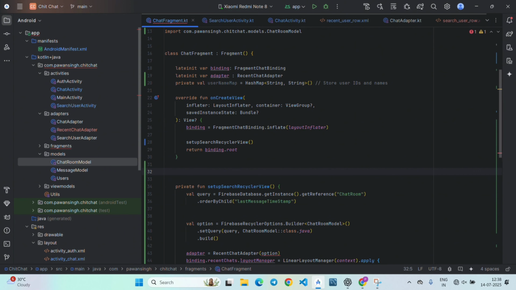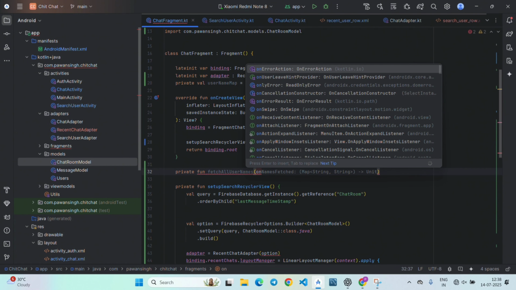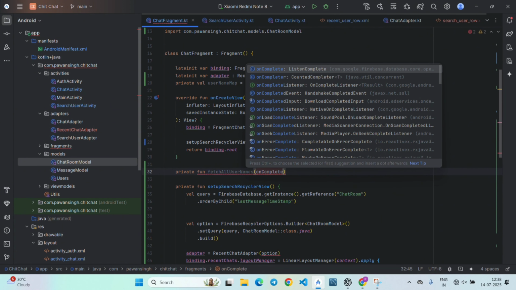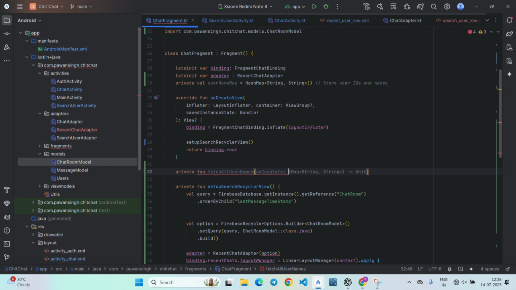So we will create a function right here, private fun fetchAllUsernames, and we will be using a lambda expression for it. So inside the bracket write onComplete, and then give a colon, and again a bracket, it will return Unit,